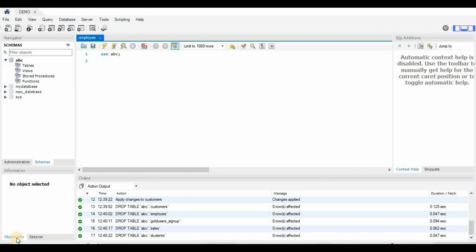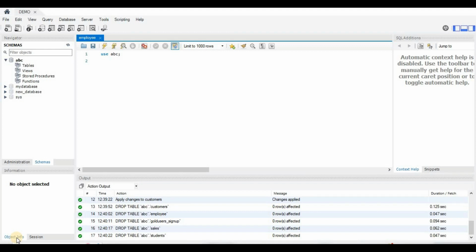Hello friends, in this video tutorial we will learn about primary key and foreign key in SQL. Primary key and foreign key are two constraints in SQL, which are basically for ensuring integrity in a relational database. When we create a relational database management system, to create integrity between different tables, we create a primary key and a foreign key.